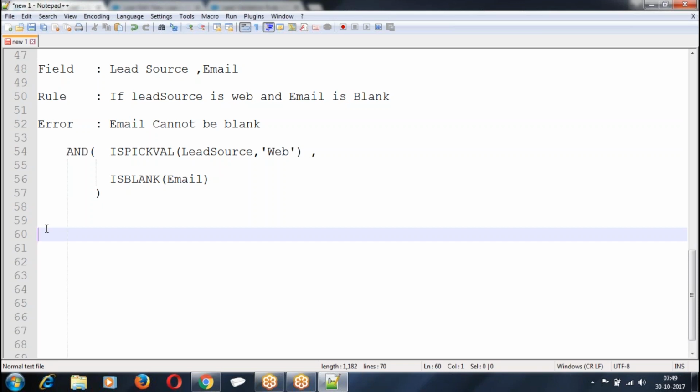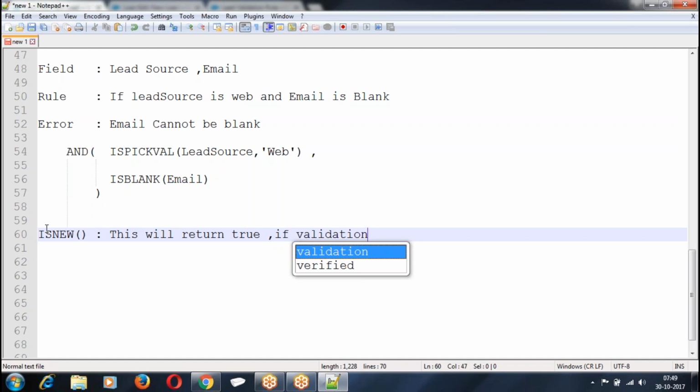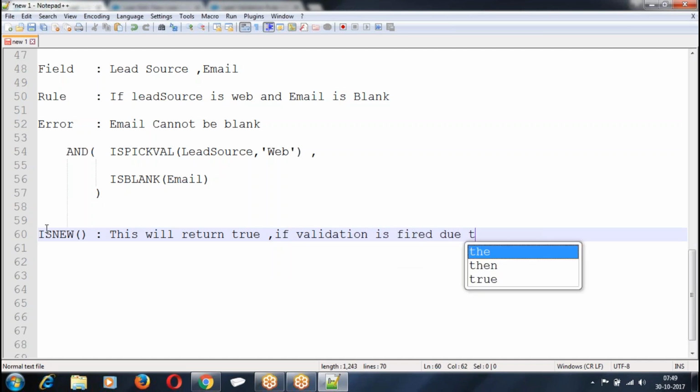What was this? Is new. This will return true if the validation rule is fired due to a new record.